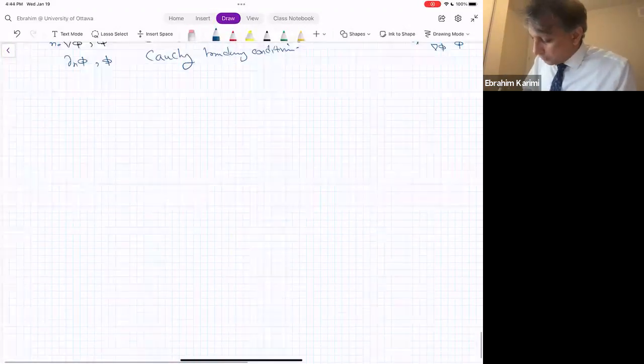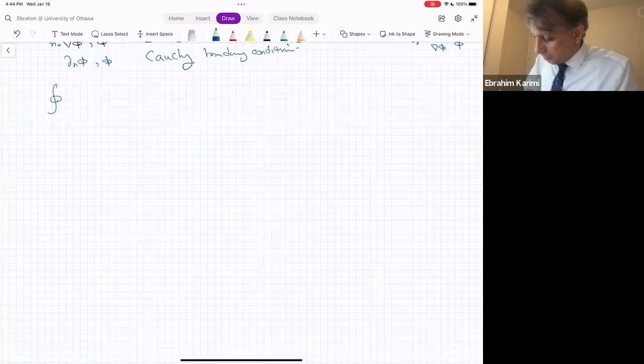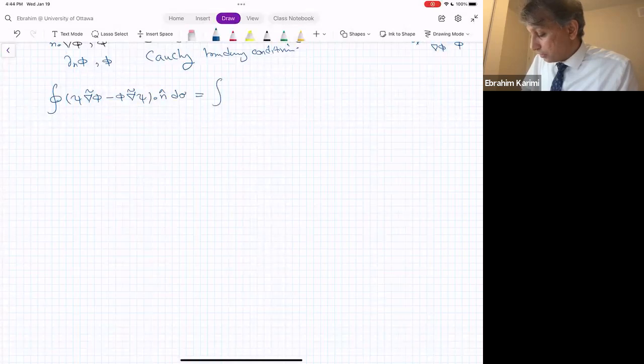So let's start with the second theorem of Green. It was the integral of psi gradient of phi minus phi gradient of psi dot n d sigma, equal to the integral of psi Laplacian of phi minus phi Laplacian of psi,